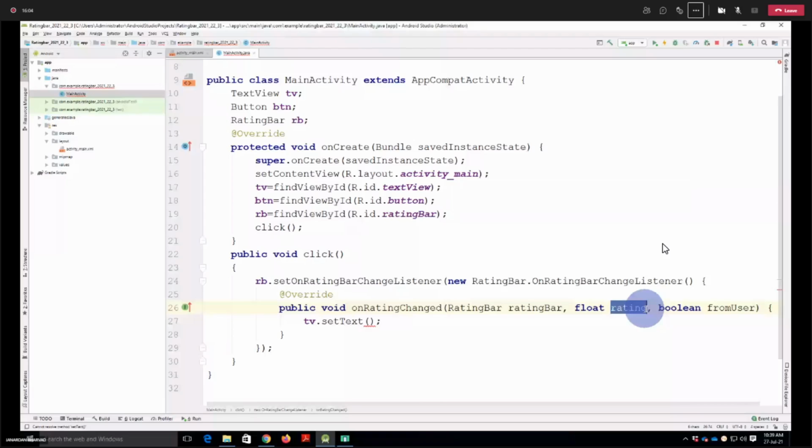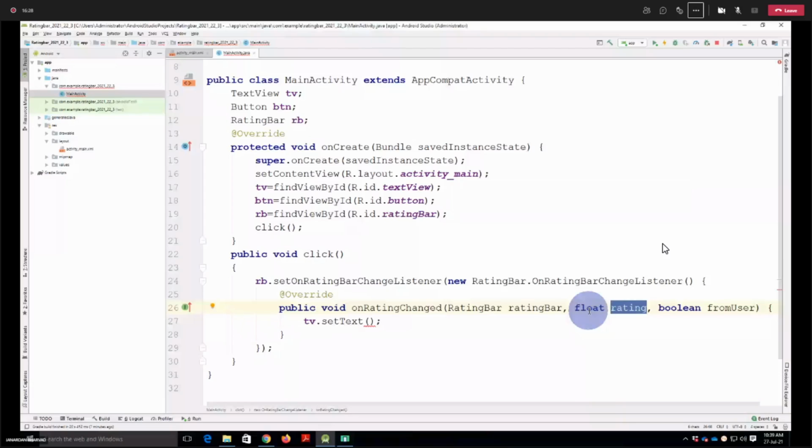What is this rating? This rating variable is a float, as you can see from the data type. Whenever the rating bar is changed, whatever the rating is will be stored in this variable. Even if it is changed, yes, automatically, no need to do anything. Whatever rating is changing automatically comes into this variable.